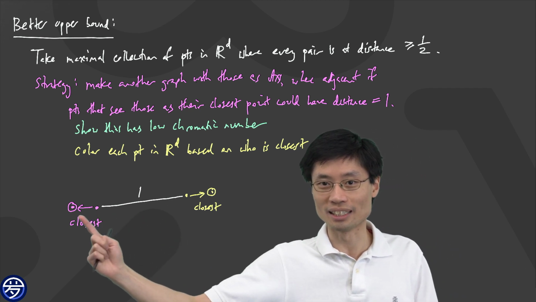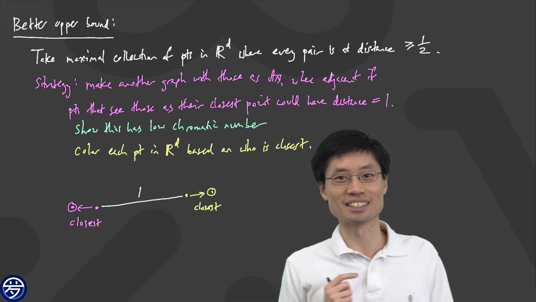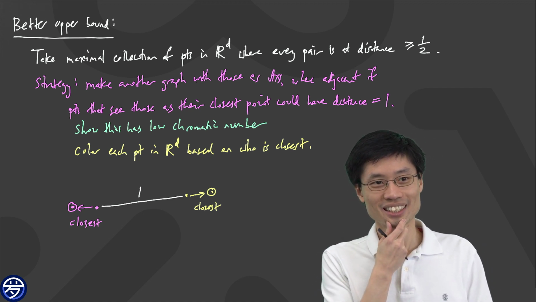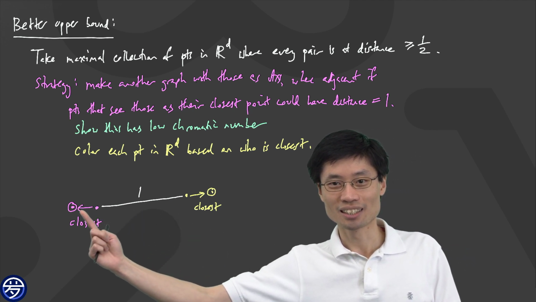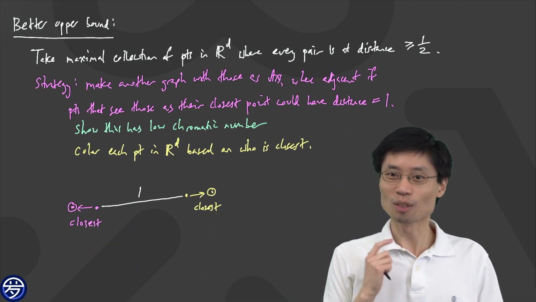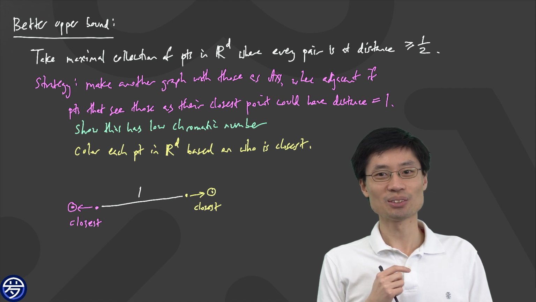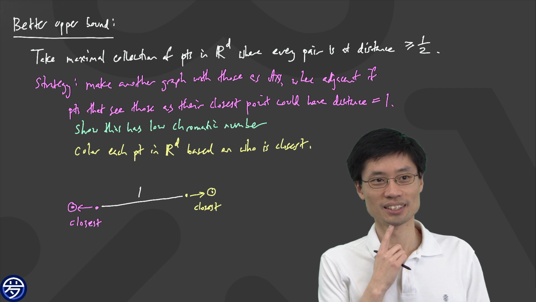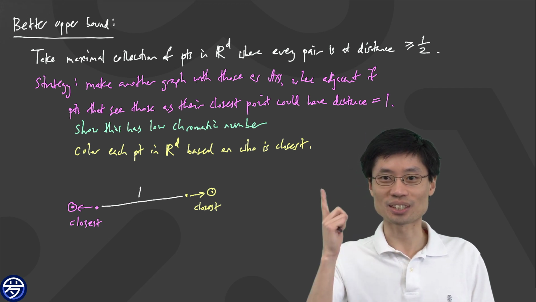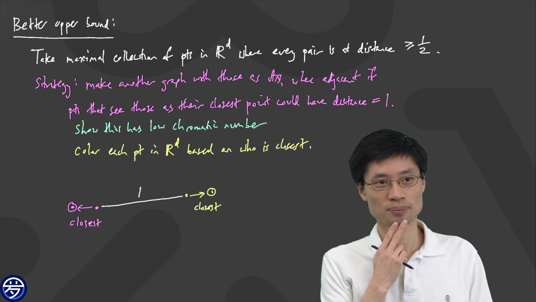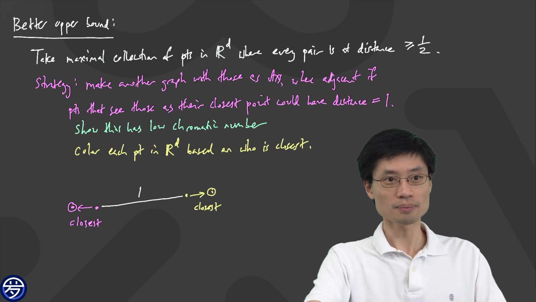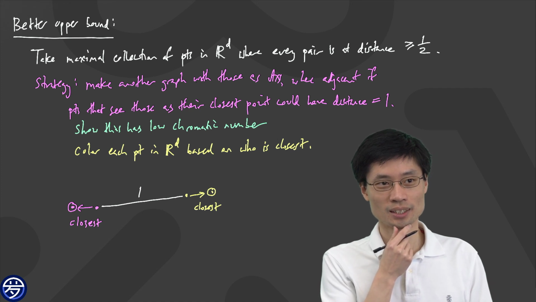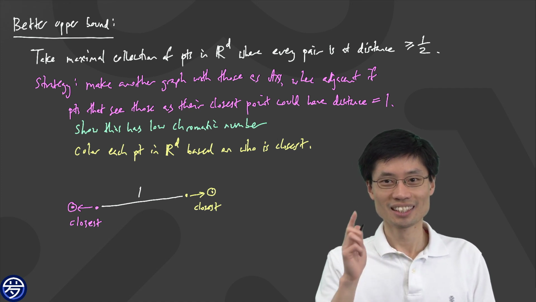Now here's the important thing. Can anyone tell me an upper bound on that distance? That's an important part of how we made the definition. There's a claim that this distance cannot be too big. Does anyone know why? It has to do with the construction. It can be greater than half for sure.